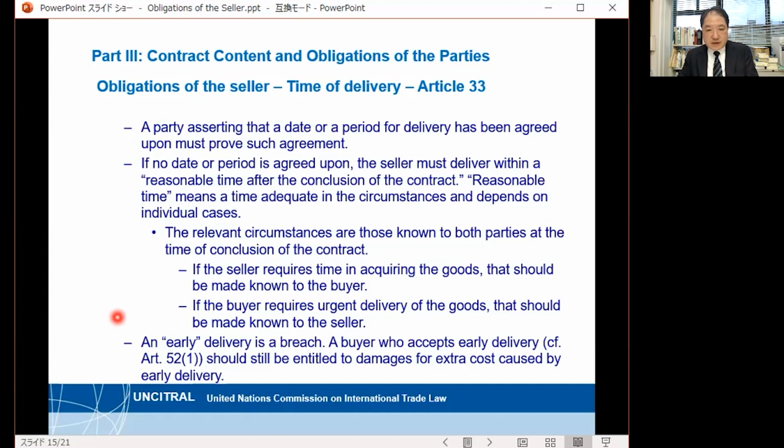If the seller requires time in acquiring the goods, and therefore will need time to deliver the goods, that should be made known to the buyer at the time of the conclusion of the contract. Conversely, if the buyer requires urgent delivery of the goods, that should be made known to the seller in order for that circumstance to be considered. So relevant circumstances are those that are known to both parties at the time of conclusion of the contract,